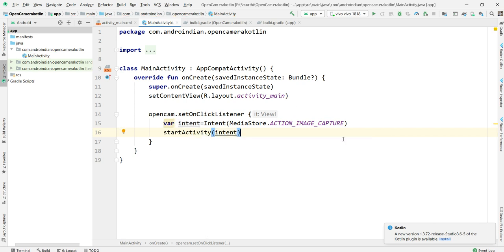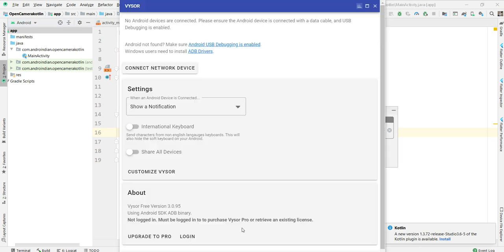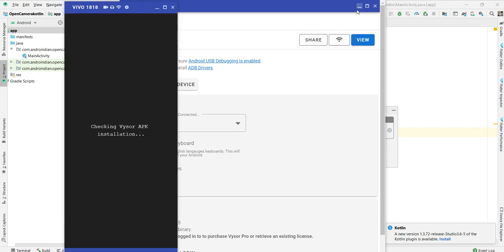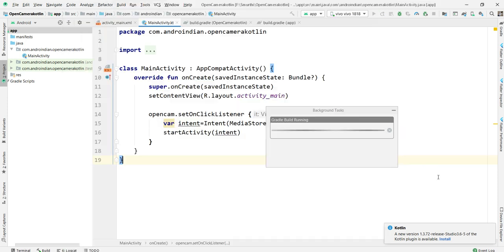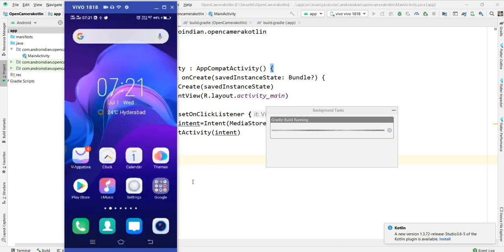Now I'm running this application so we can see the output. Meanwhile, I'm connecting the device to my phone. This is a very simple way to open the camera, a very simple format. The device is connected.